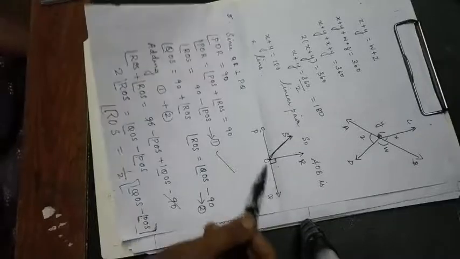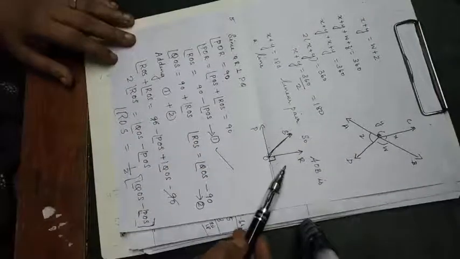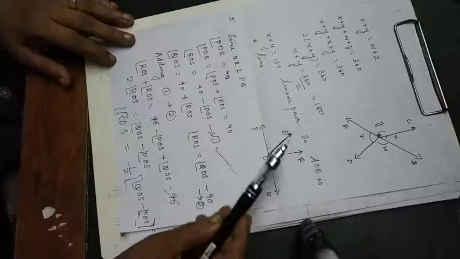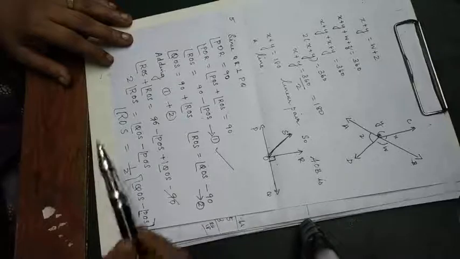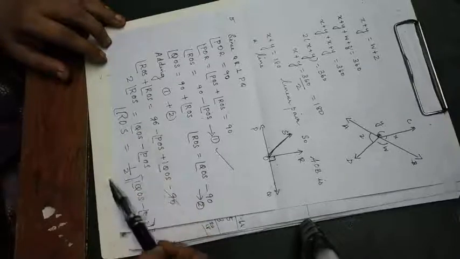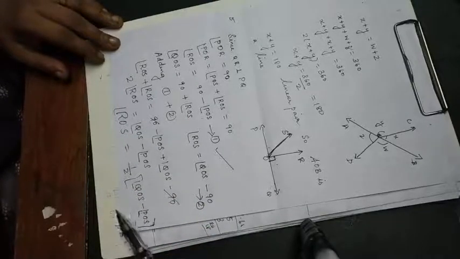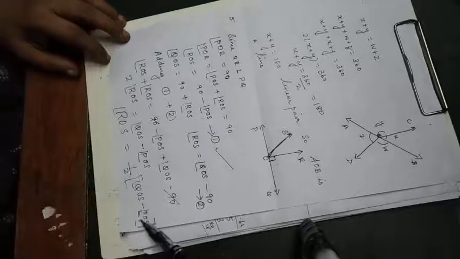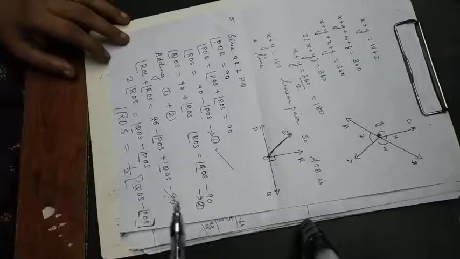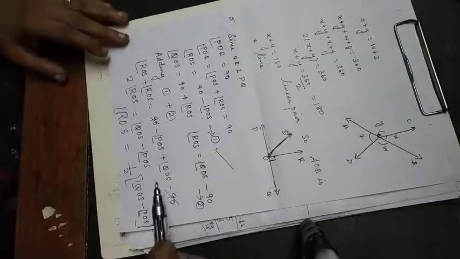Second, we get QOS equal to 90 plus ROS, or ROS is equal to QOS minus 90. Then adding those two, you will get ROS is equal to half of QOS minus POS. Okay, now the sixth one,